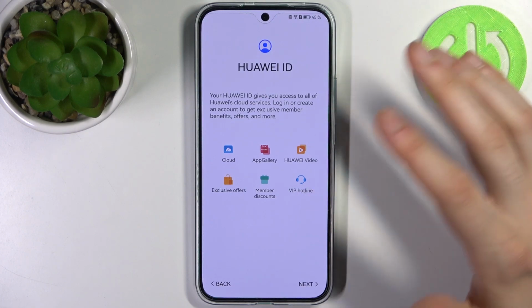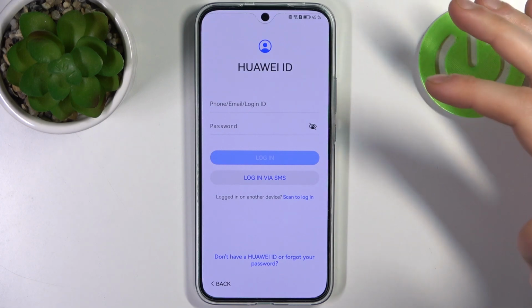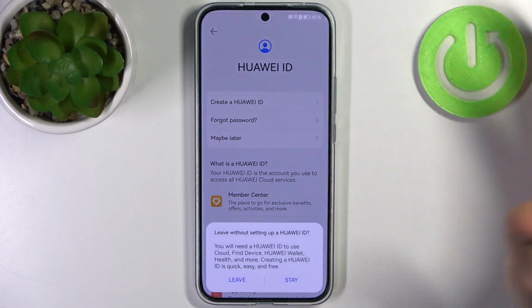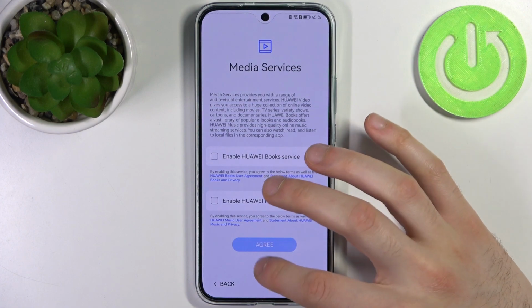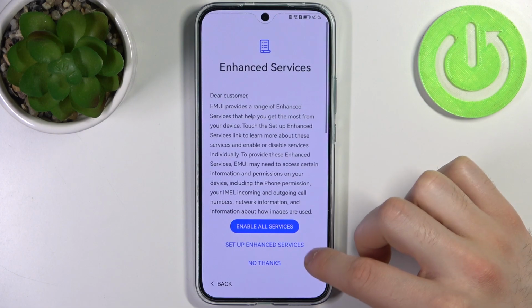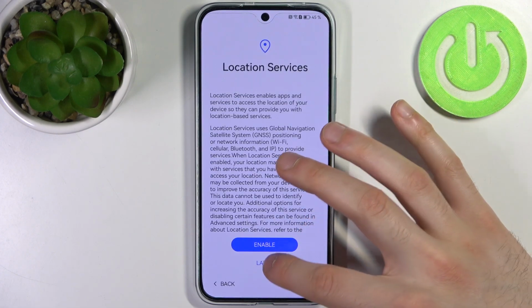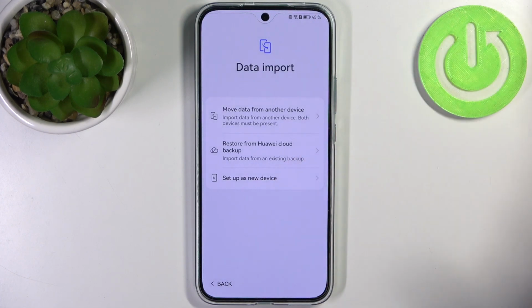Then you can set up Huawei ID. You can log in, you can register, or you can just skip it and just don't use it. Tap maybe later, then leave. Then tap later, then tap next. No thanks, later, enable and continue. Then you can import your data from your previous device, like you can restore it from another